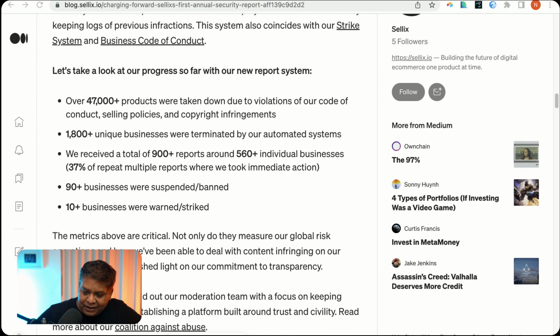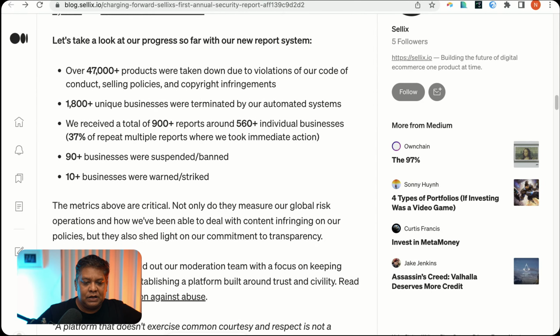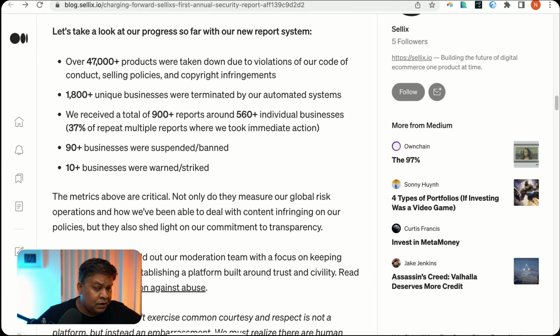So going back into these numbers, 90 plus businesses were suspended or banned. That's quite a low number, I think, considering there are quite a few on Google search. This is all on SEMrush. If you run a check on analytics on their domain, you'll see quite a lot of 404 links as well. They have shut a lot of shops down, but there are more and more coming up. So I'm not sure, because they're accepting crypto and allowing a lot of different types of payments, maybe it's ease of use.